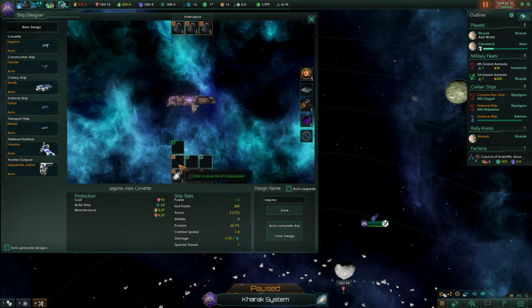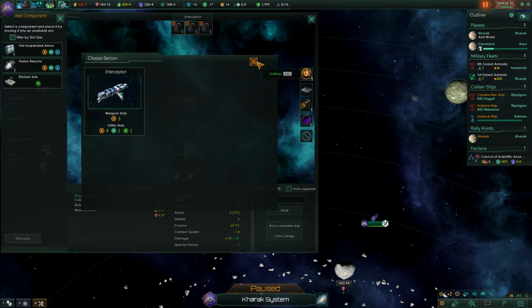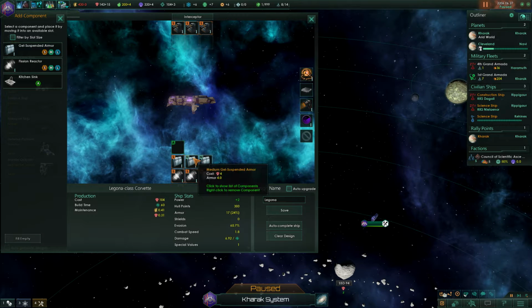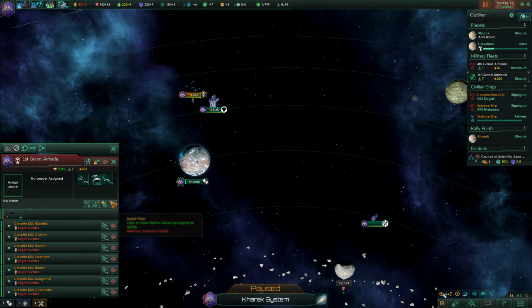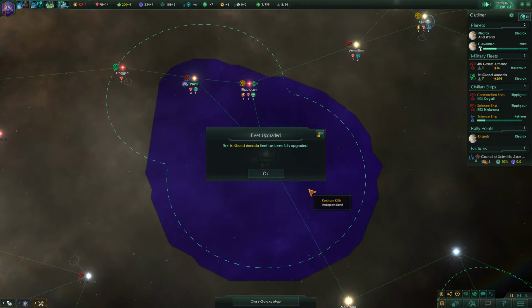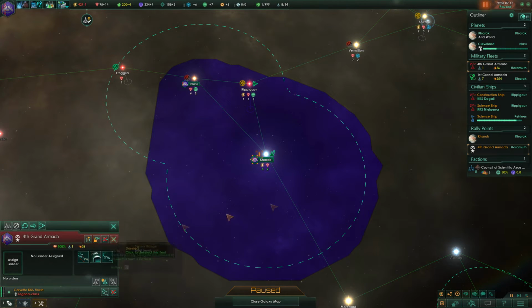And since I now have armor, let's go ahead and throw... Oh, I haven't... Interceptor, okay. Wow, that's a lot more slots than you used to have. So we're going to put on all that armor. Alright, let's do Dagger. Alright, that's a good bit of armor on that little ship. Now we're going to take you guys and upgrade you. Ships upgraded. And we're going to go ahead and build...